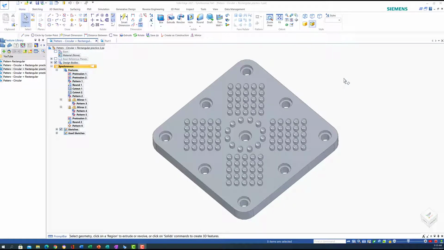In this video I would like to cover with you the patterns in Solid Edge. We'll concentrate on circular and rectangular patterns and how we can edit and modify them in the process. Okay, so as you can see, this is the part we're going to try to accomplish for this